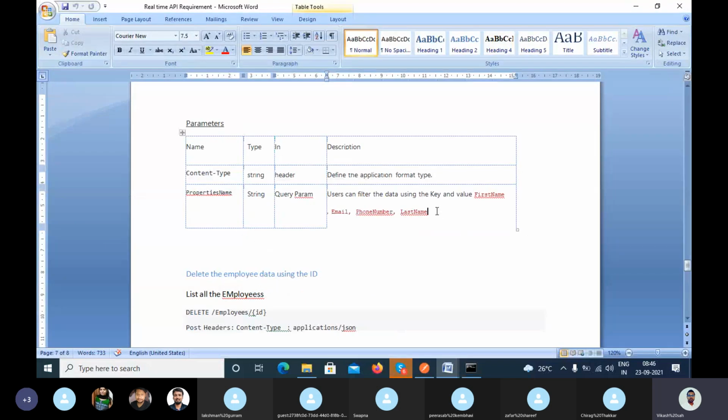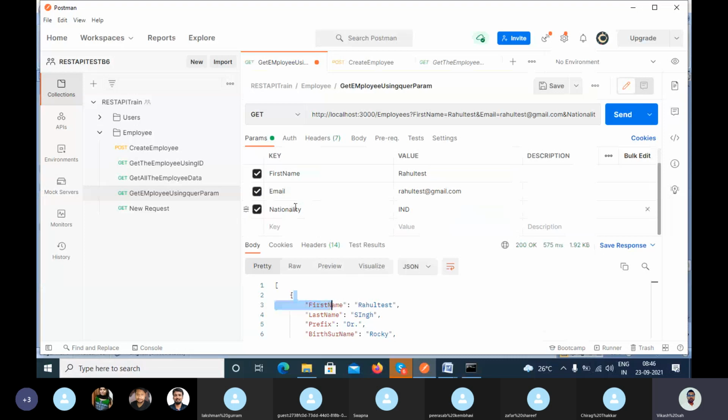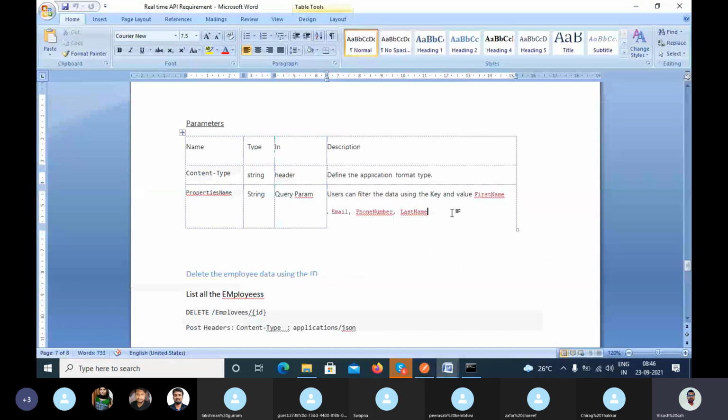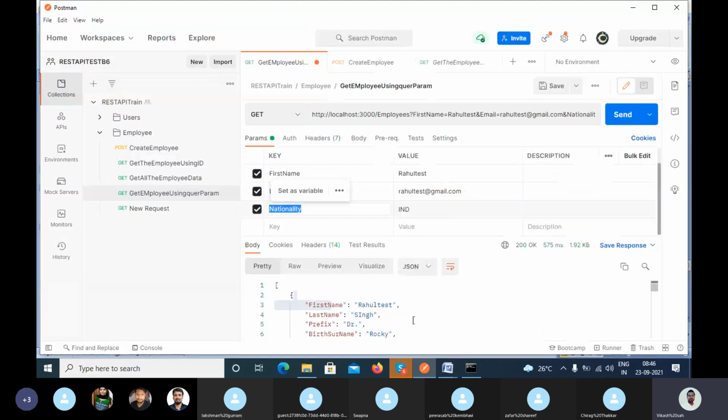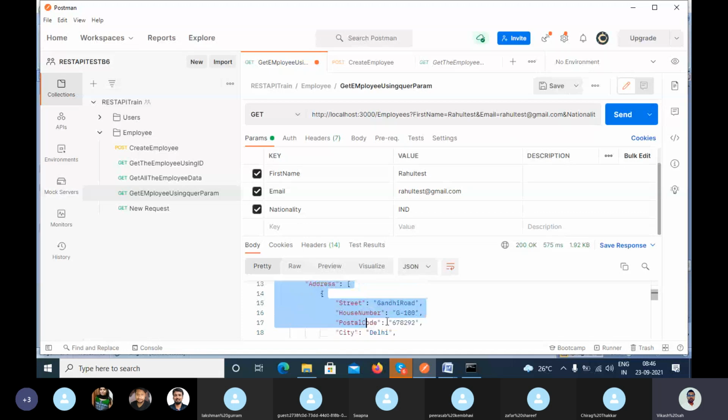But if this is not mentioned in your requirement sheet, first you have to confirm with the developer and the client that if I'm passing nationality or some other property which is not mentioned in the requirement sheet, and you are getting the data based on those keys and values,